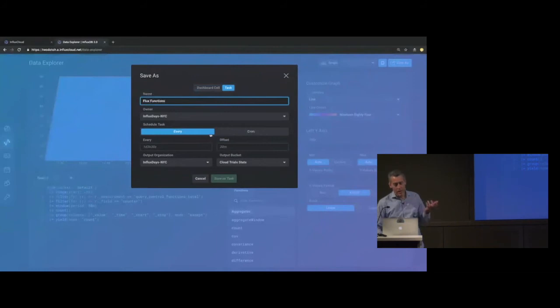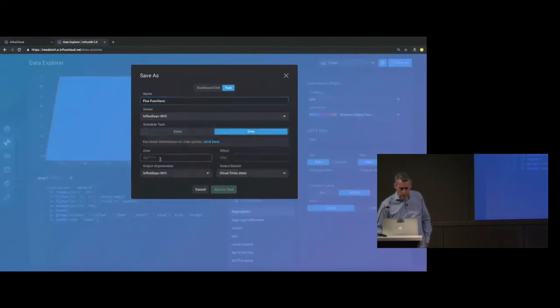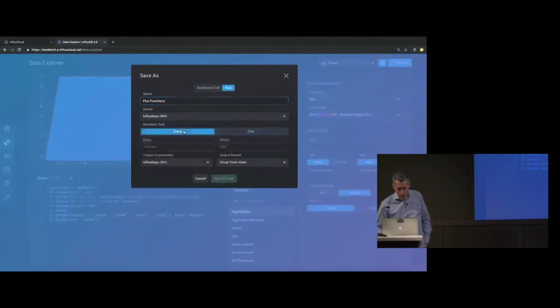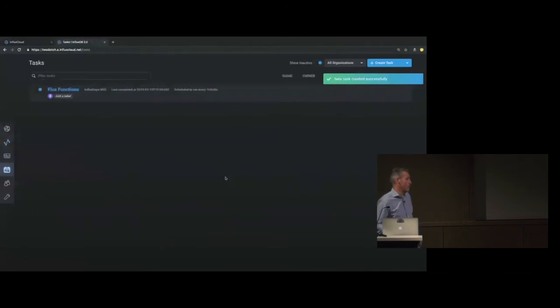It's always important. Now, there's an option in here for you to set up the frequency at which you want the job to run. You can use cron syntax for those of you that are familiar with that, which is sort of the numbers in the star notation. Or you can decide the frequency. I want this to run every hour since I'm only looking at the last hour of data, and then I'm going to take 6 samples out of that. In this case, I'm going to send those output stats to my long-term stats bucket that I just created, and I'm going to save that task. So now my first task is there.